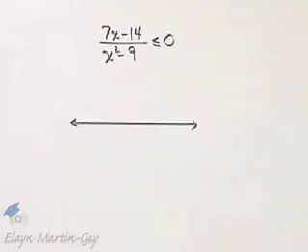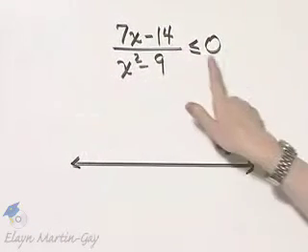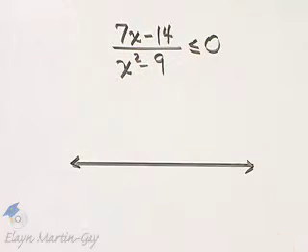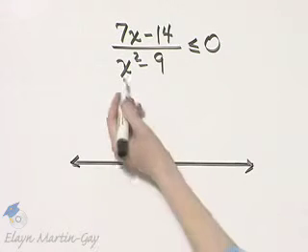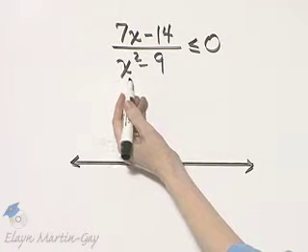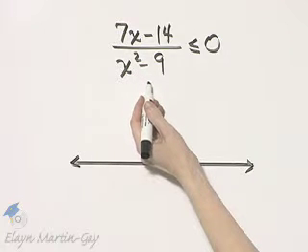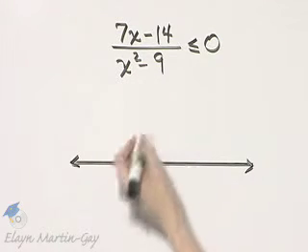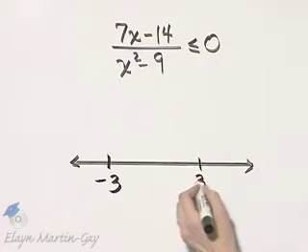I'd like to solve this inequality. Why do we use the number line method? This is an inequality with variables in the denominator. So how do we solve, or what goes on the number line? Values that make the denominator 0. If you set the denominator equal to 0 and solve by factoring, you'll have -3 and 3 as values that